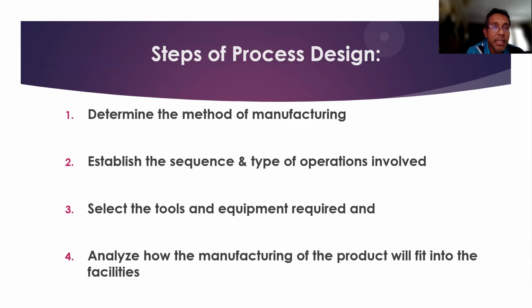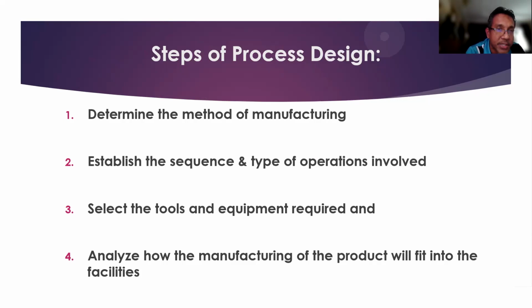So like I said just now, besides the quantity and the existing manufacturing system in line, you also need to determine the method of manufacturing. The method of manufacturing you want to use. So for example, you want to produce something using the lathe machine. So you need to see the method used inside the manufacturing.